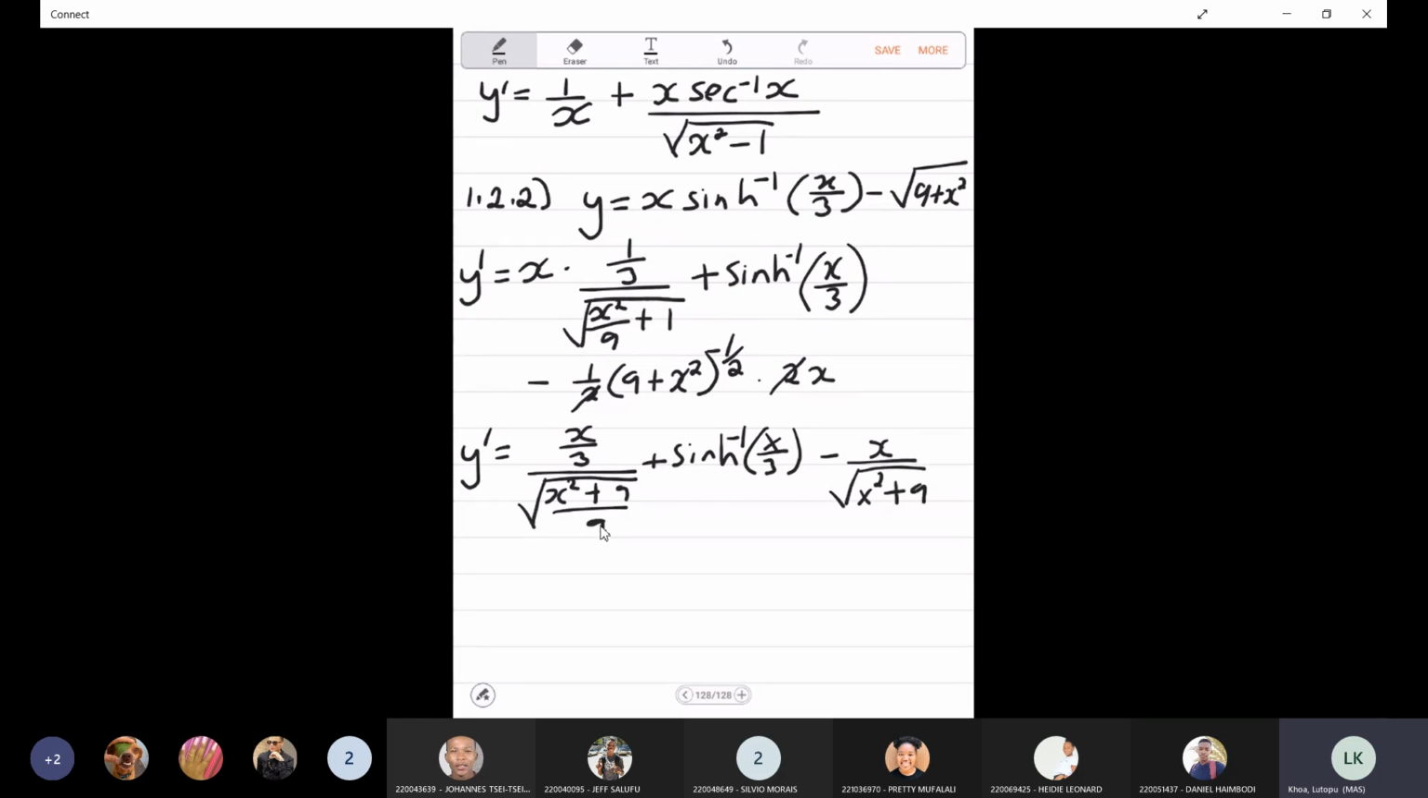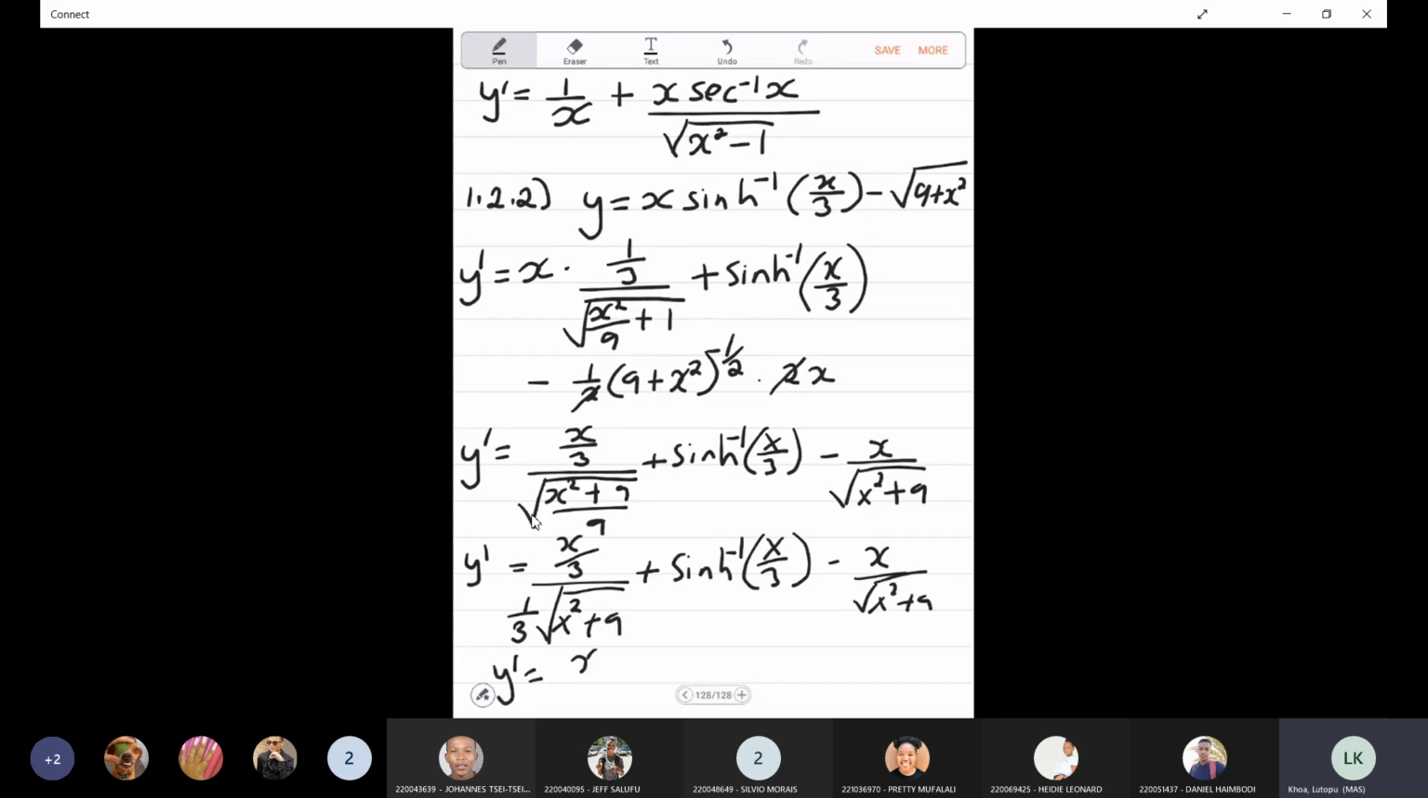Okay, then here this 9 can come out of the square root, so it's 1/3. So I have y prime, this is x/3, and then in the denominator I have 1/3 square root of x² plus 9 plus hyperbolic sine inverse x/3 minus x over the square root of x² plus 9. So you can see this is x/3 divided by 1/3, that is just equal to x. So I have y prime is x over square root of x² plus 9